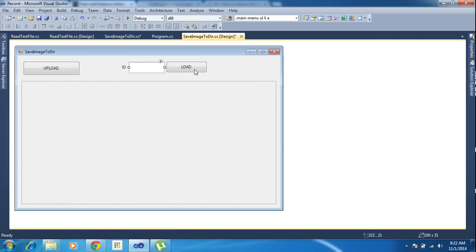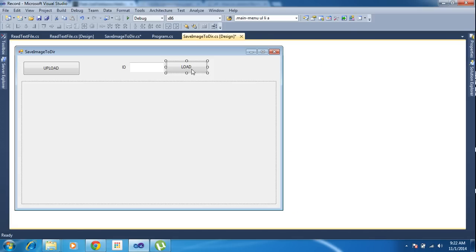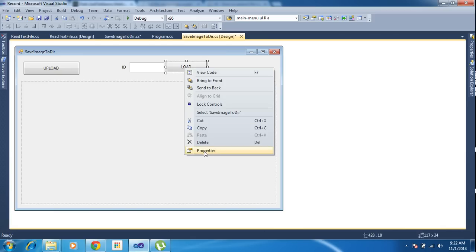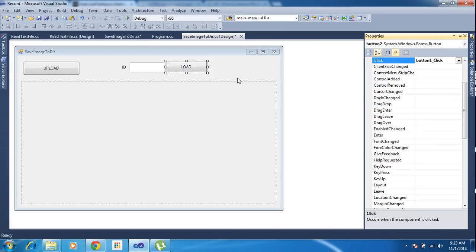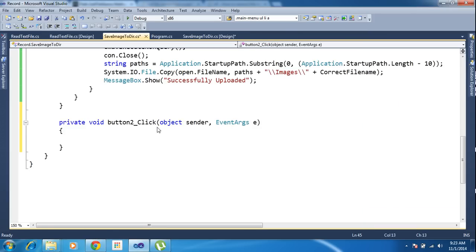Okay, so double click here. It will automatically trigger the same click event, because we used Control and dragged the button, so the click event is the same. So I am changing the click event to button2_Click and pressing Enter. It will create the new event for